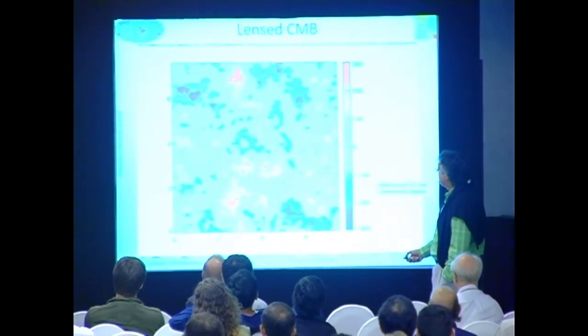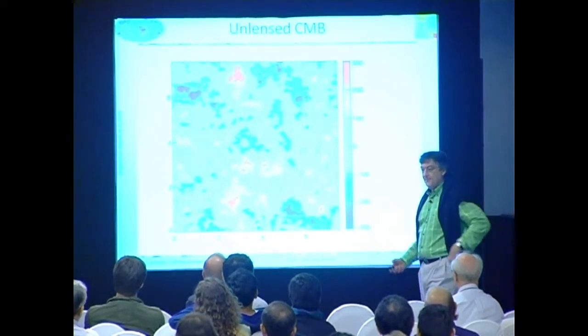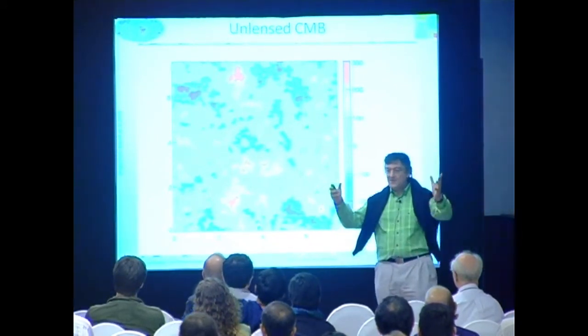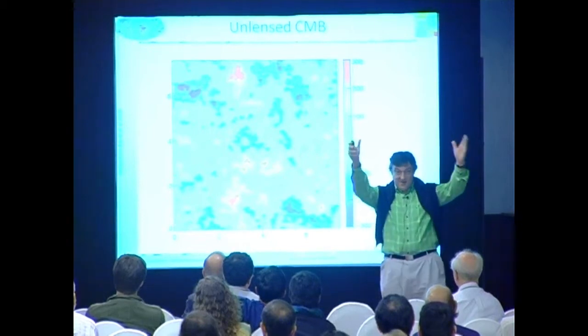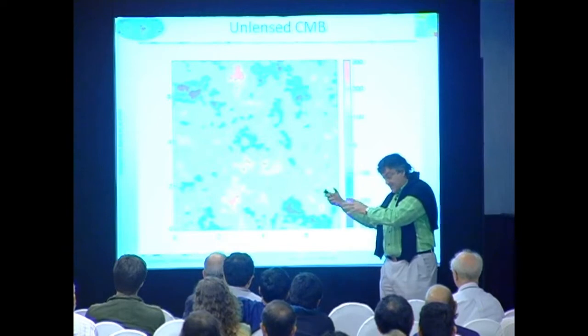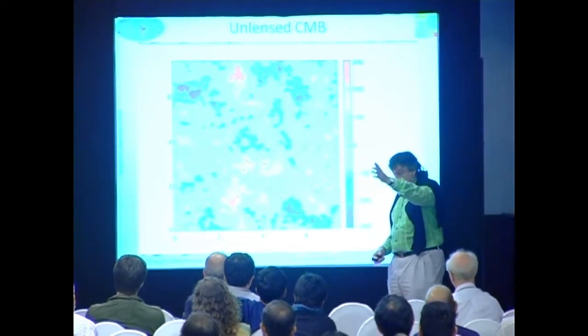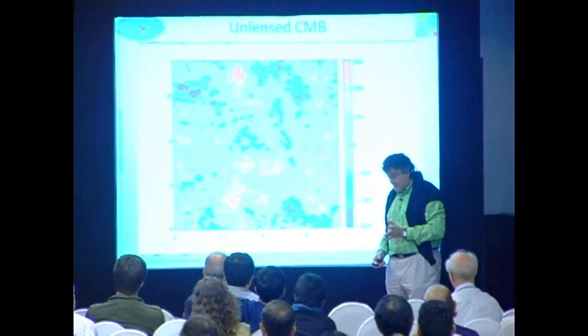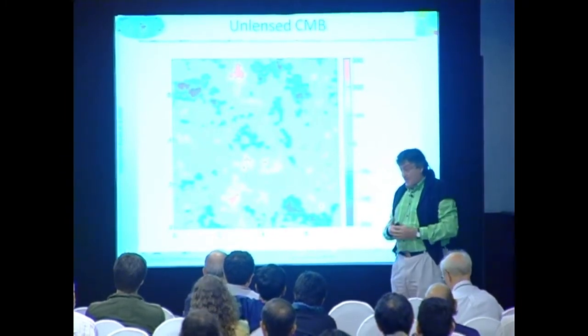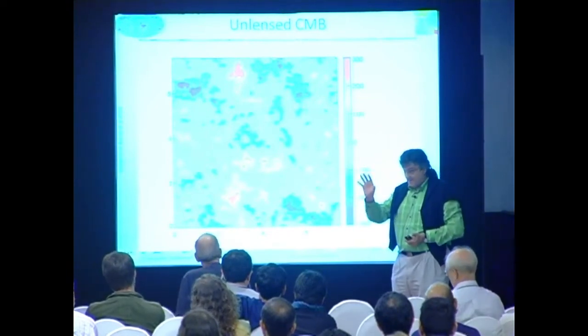Okay, so here you see essentially a lensed versus unlensed portion of map. And that's very simple because in essence you are taking microwave background photons. You have the bumps of, say, clusters and so on along the way. You have a number of them. And so what you have is gravitational light deflection along the path. So you're essentially blurring the initial image by shifting around the previous image.